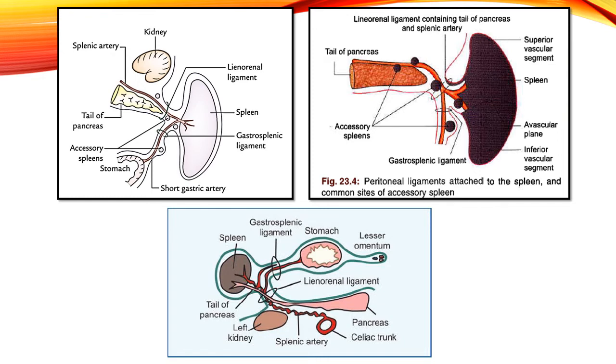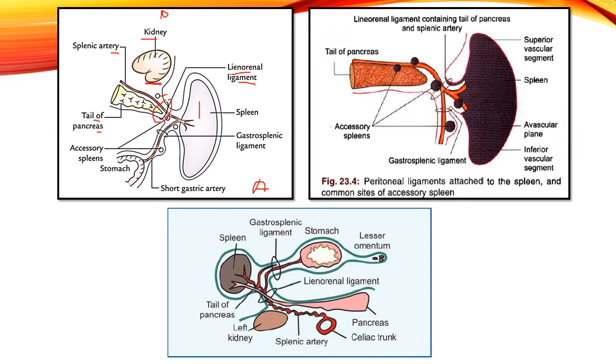So over here we can see this is the spleen. We have two ligaments that we can see over here. We have this kidney over here a little bit on the back. This is the posterior portion and this is the anterior area. On the back we have the kidney, and the anterior surface of the left kidney is related to the spleen through this ligament which is the lienorenal ligament. And as you can see, this lienorenal ligament is transmitting the tail of the pancreas, the splenic artery, as well as certain lymphatics and pancreatic or splenic lymph nodes.